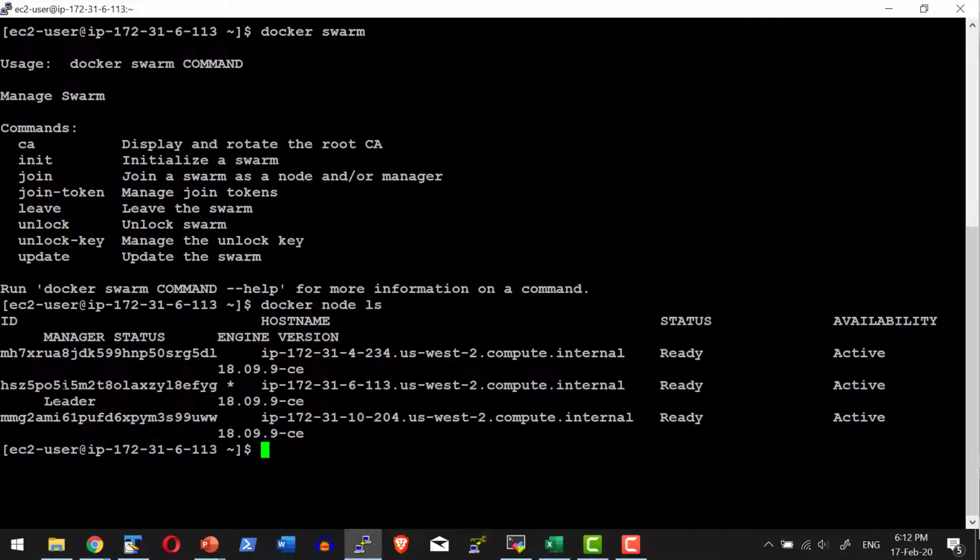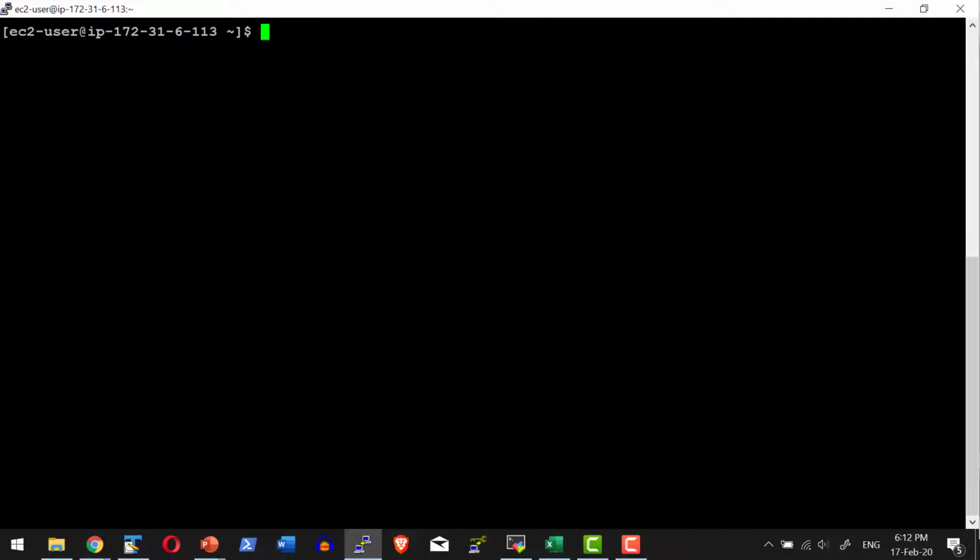Here I do have the leader, and whenever you are working on the cloud environment, make sure the IP address is not getting changed. Generally, the public IP address will get changed whenever you are stopping and starting the systems, but otherwise the Docker Swarm nodes automatically get attached and will be in the active and ready state. Now let me go ahead and create a service.